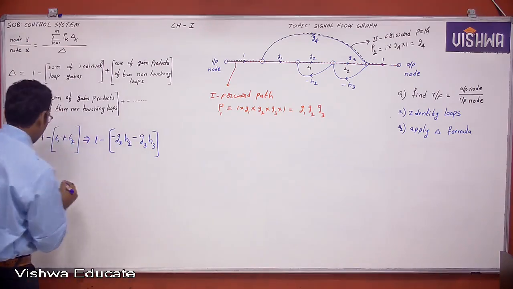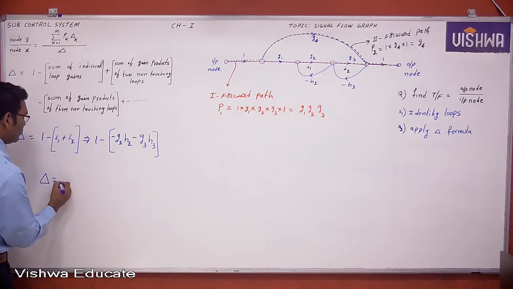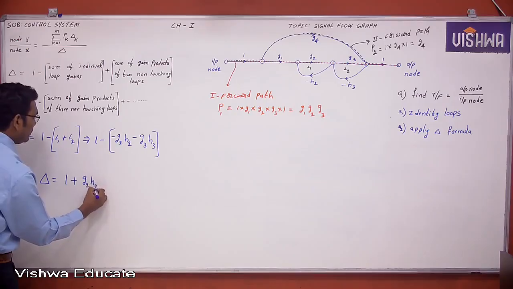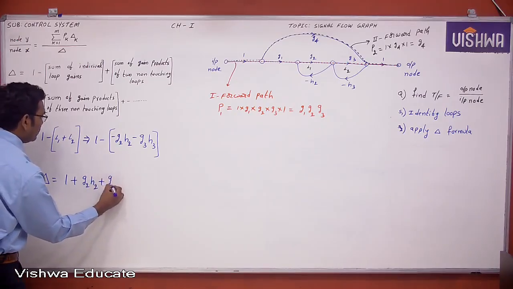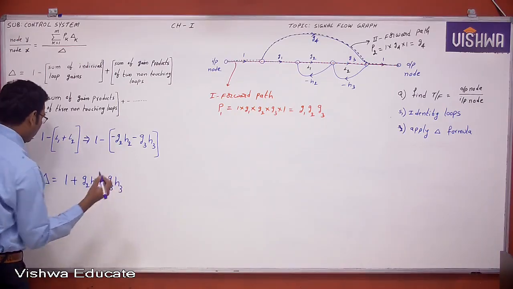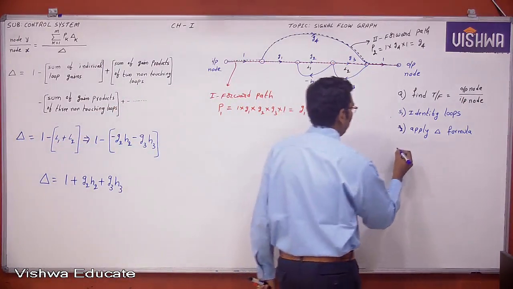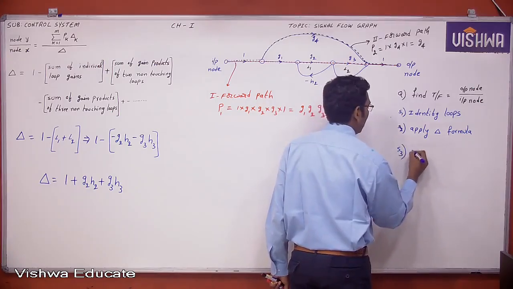Now, therefore, delta is equal to 1 plus G2 H2 plus G3 H3. Okay, now this is the delta formula. Delta is completed. Now, step 3 is